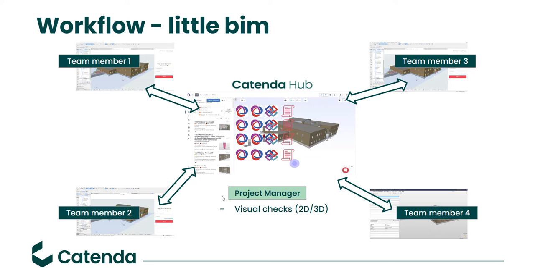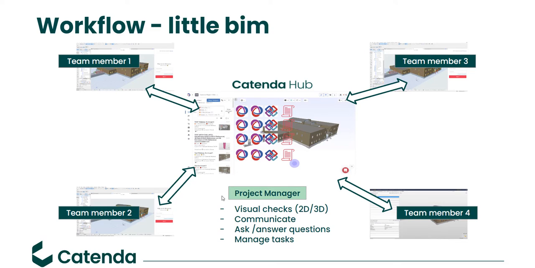So the project manager then is in a position to do visual checks, either 2D or 3D, based on the model, communicate his or her results back to the project team, and be able to ask questions to the project team. He or she is also able to answer questions that they may get from the project team. Manage tasks, so not all tasks are 3D or 2D based. Sometimes it's just a simple task as you need to plot documents or you need to plot drawings for town